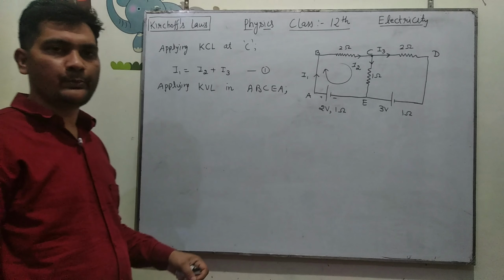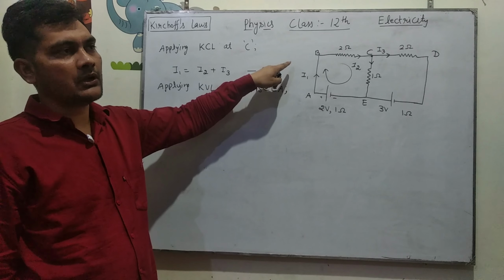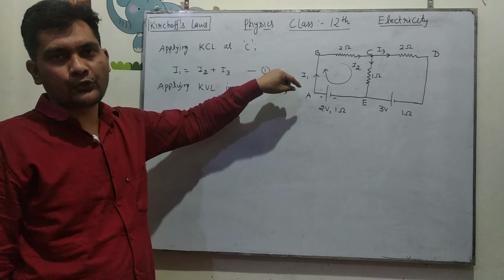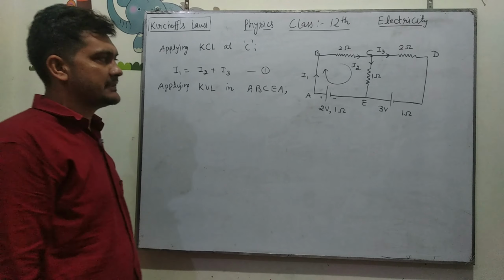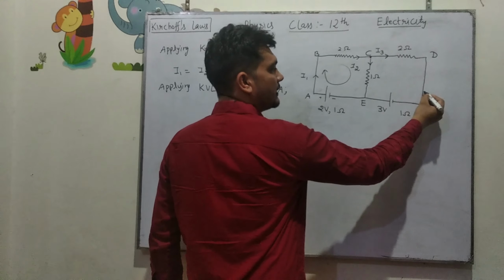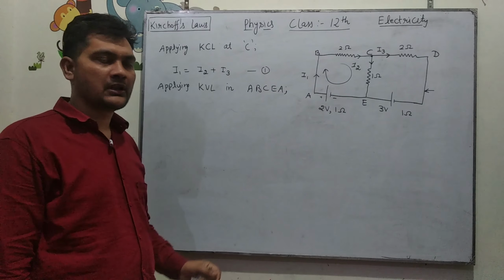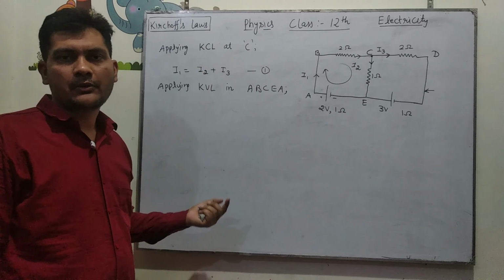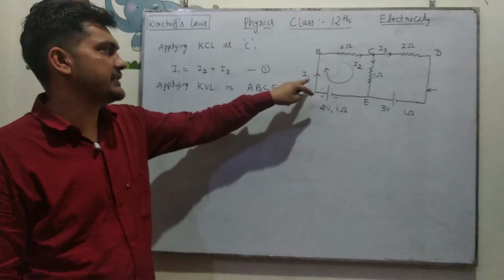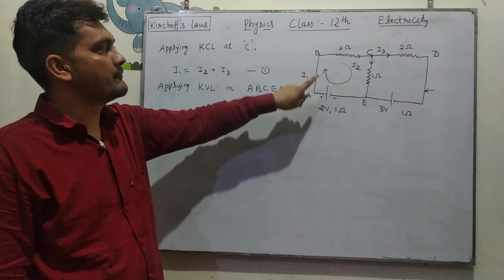While moving from A to B, there is only a connecting wire. There is no other resistance or battery. Therefore, no potential drop is there across this wire. We assume that these connecting wires are of perfect conducting material. Therefore, these conducting wires do not have any resistance, and so there is no potential drop across these connecting wires. So, no potential drop across AB.